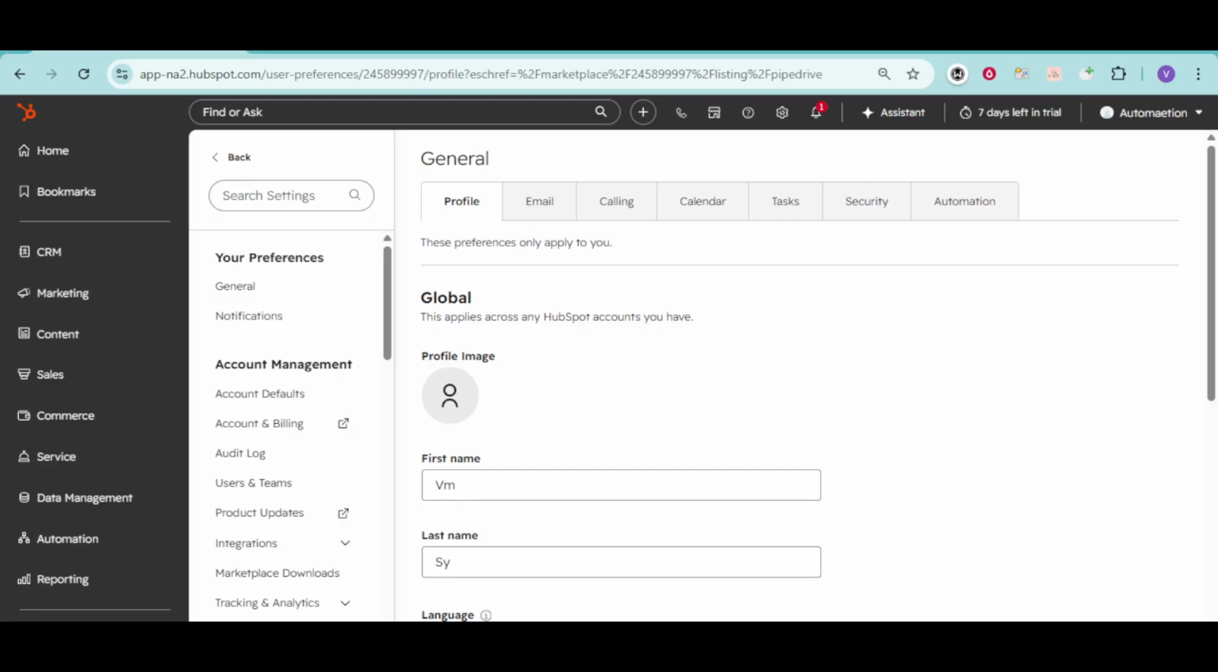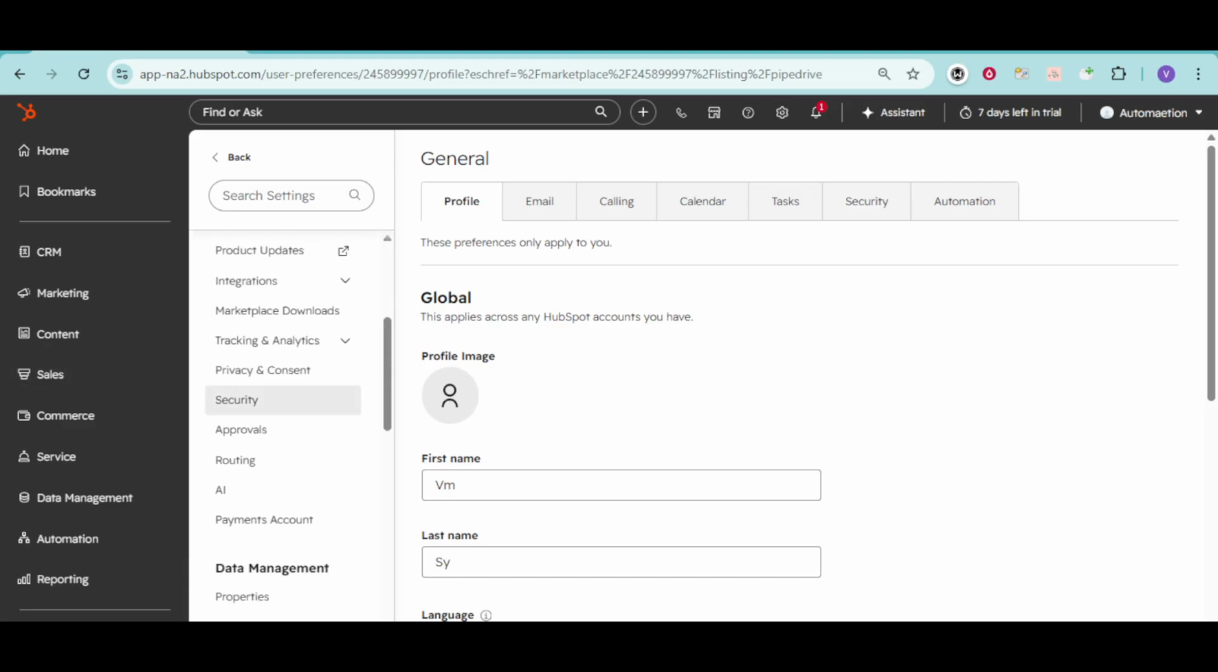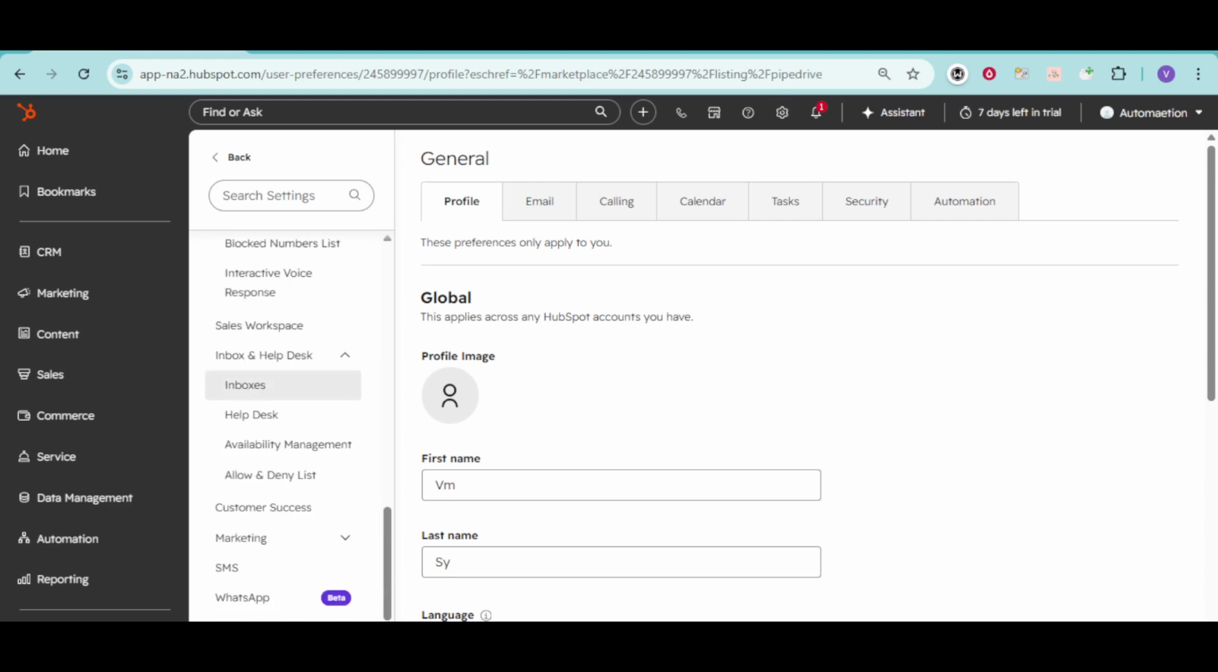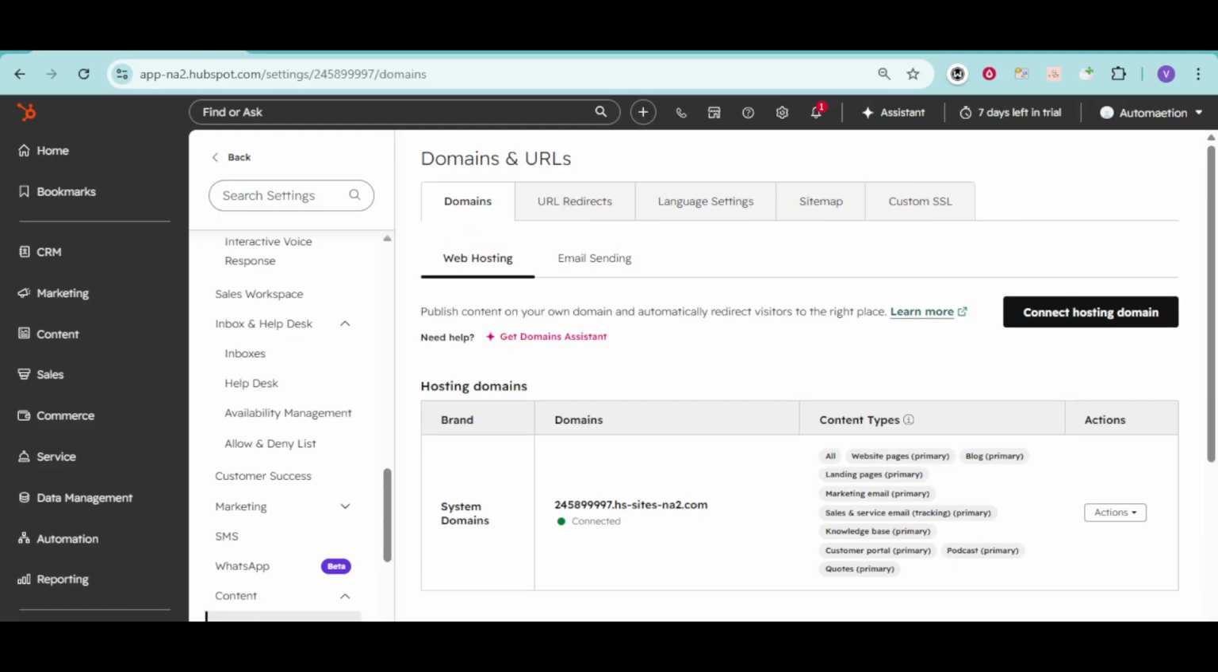First, you'll need to access the domain settings in HubSpot. To do this, navigate to the settings icon, which looks like a gear. Once you're there, head over to the content section and select domains and URLs. This is where you'll manage all the domains associated with your HubSpot account. It's a good idea to familiarize yourself with this section, as it will be your go-to spot for any domain-related